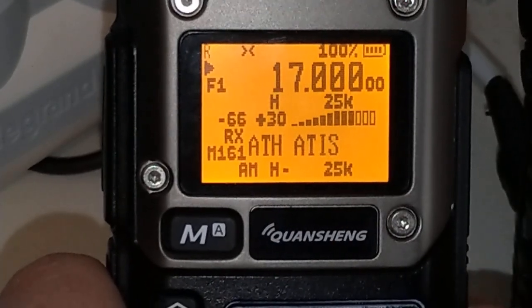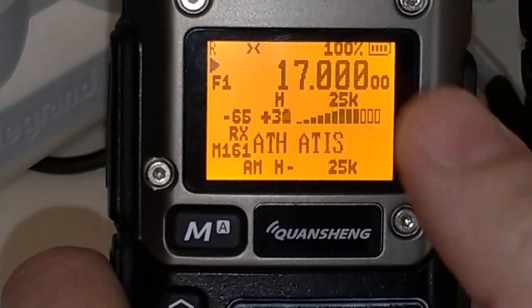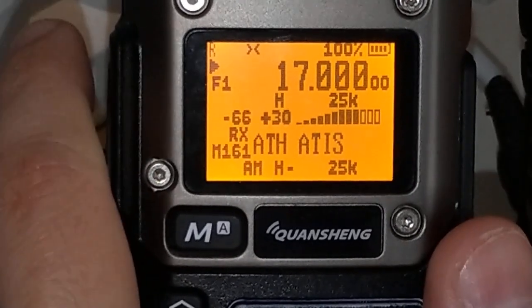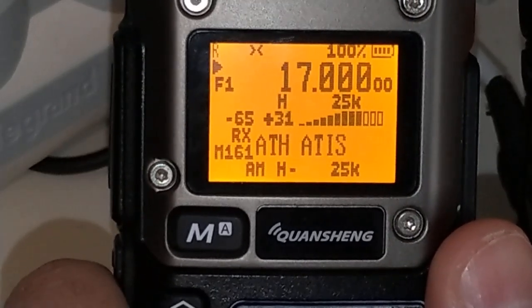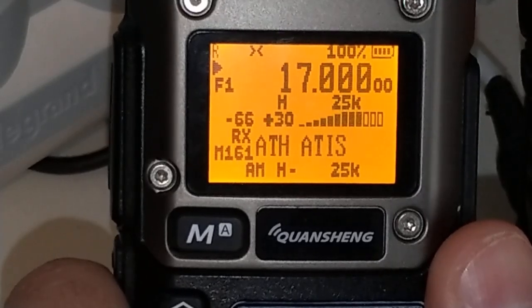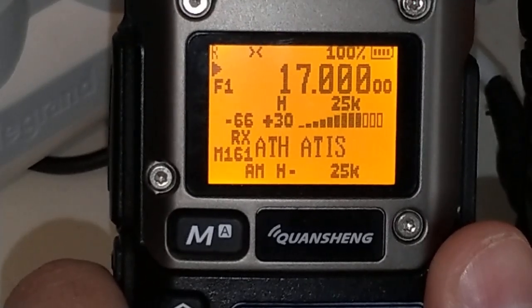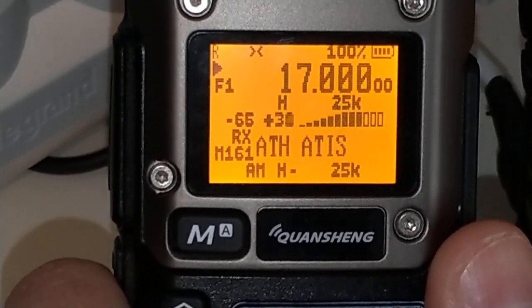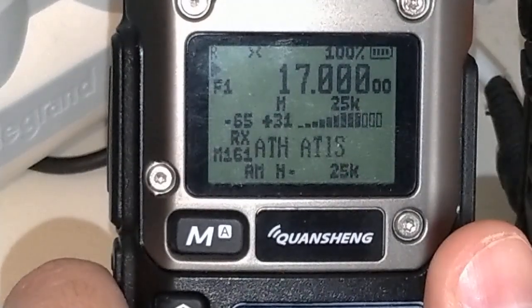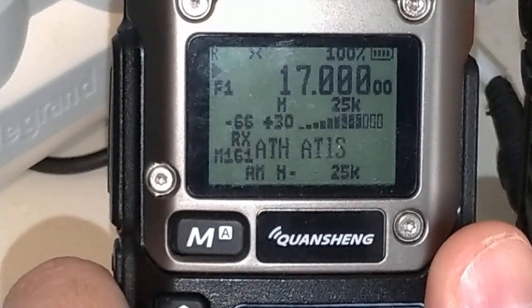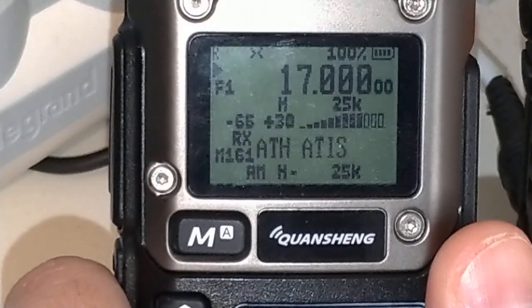I have to warn you, this is illegal in most countries. Actually, it should be illegal in every country, and you should transmit only on the valid frequencies of your country. I can't stress that enough. If you have a ham license, you know that. If you don't have a ham license, you shouldn't even have this radio, but anyway.